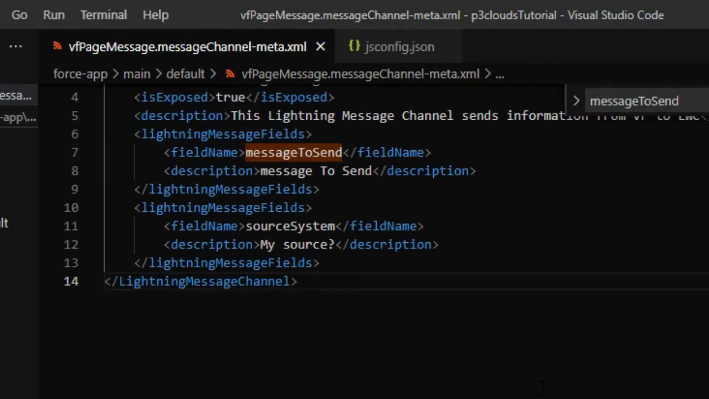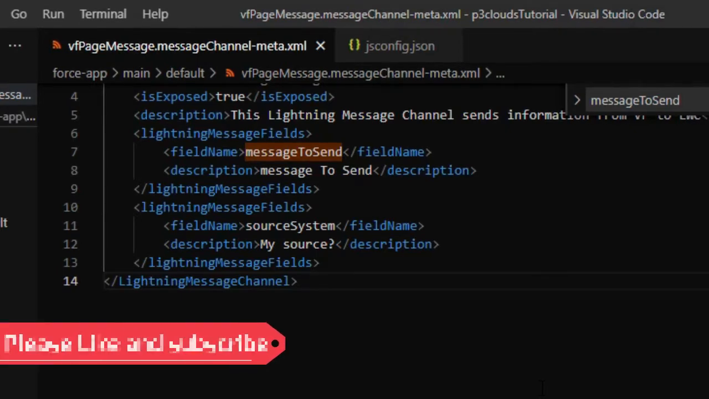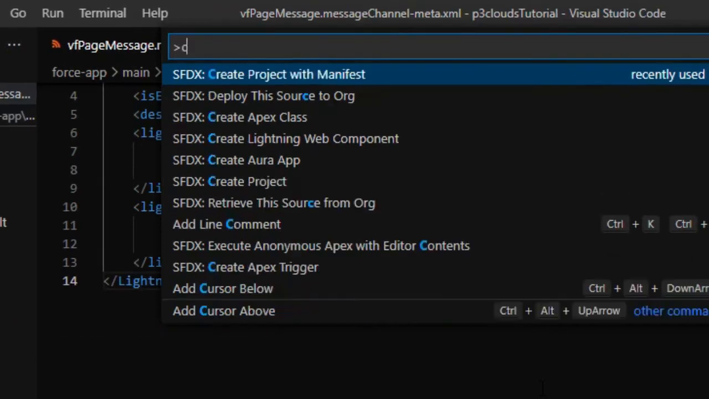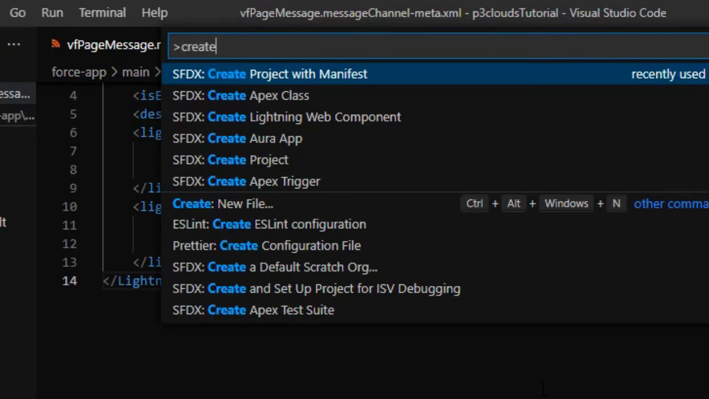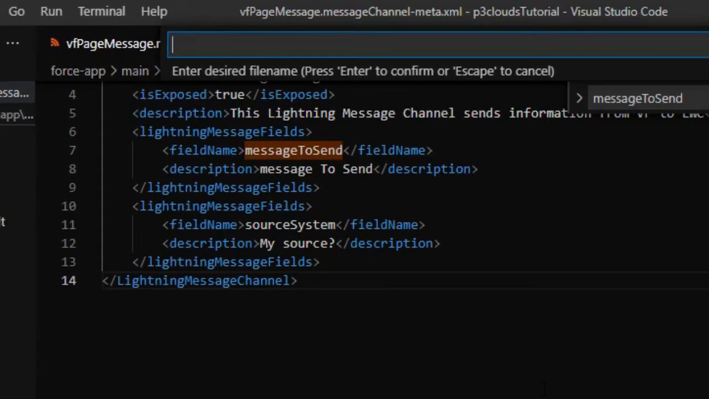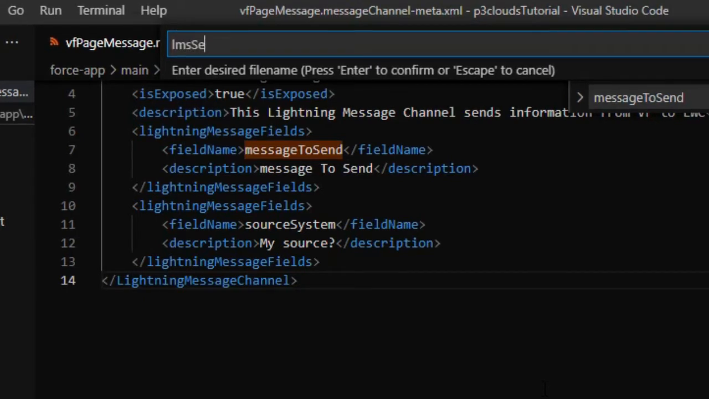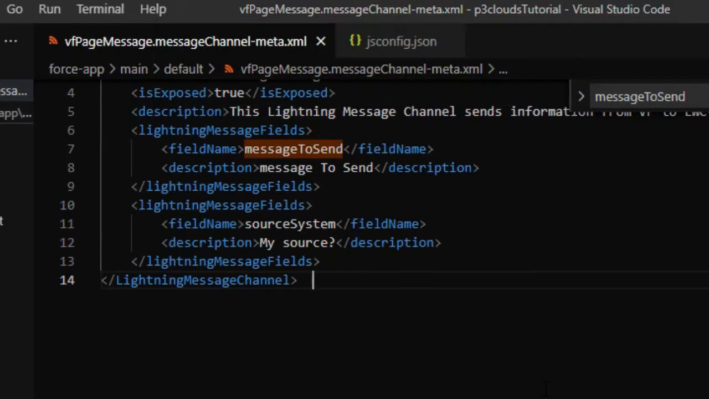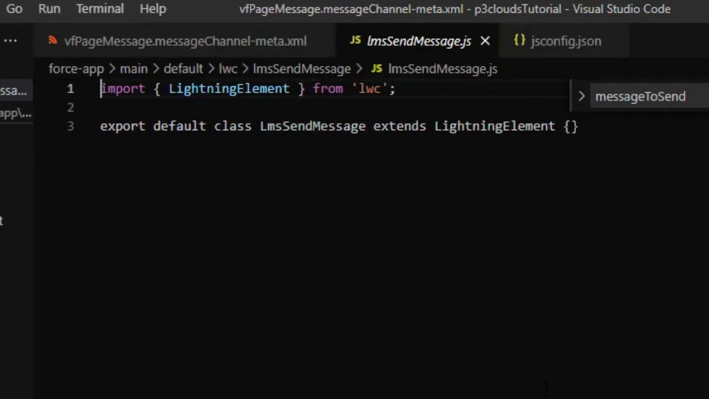To create the LWC component, let's go back to VS Code. Here in VS Code, for Windows users, I'll use Ctrl+Shift+P, and then you will have this menu open. In this menu you can just choose create Lightning Web Component. You can give your desired file name here. For me, I'll just name it LMS send message, and then I'll just save it to the default folder. It will take some time, and it is going to create